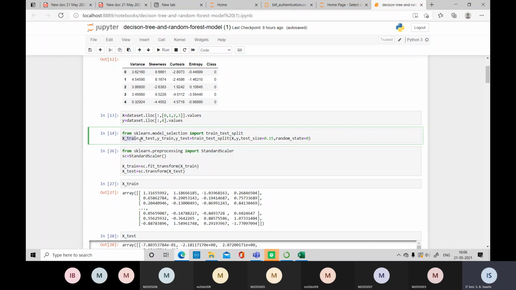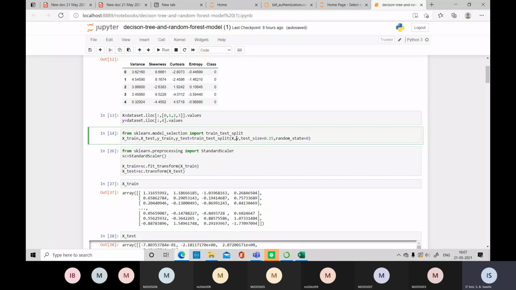Then the second line, which is also common for any type of ML application. X_train always starts with train, and that too always with independent variables only. X_train, X_test, then start with the dependent variable, and that too with the train data first. Don't start with test. So: Y_train, Y_test equal to, use the method name train_test_split. Within that, you pass the files which you want to convert into train and test.